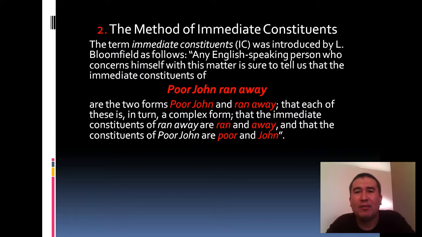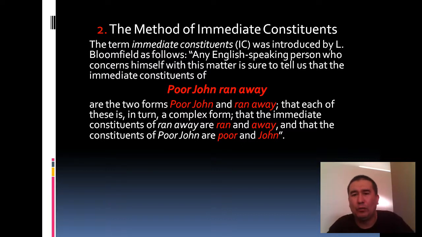Second, the method of immediate constituents. The term immediate constituents, IC, was introduced by Bloomfield as follows. Any English-speaking person who concerns himself with this matter is sure to tell us that the immediate constituents of "poor John ran away" are the two forms, "poor John" and "ran away". That each of these is, in turn, a complex form, that the immediate constituents of "ran away" are "ran" and "away", and that the constituents of "poor John" are "poor" and "John". So you can see,